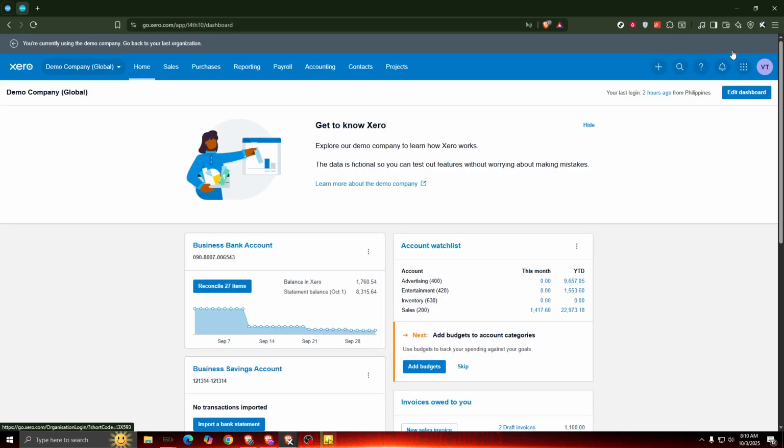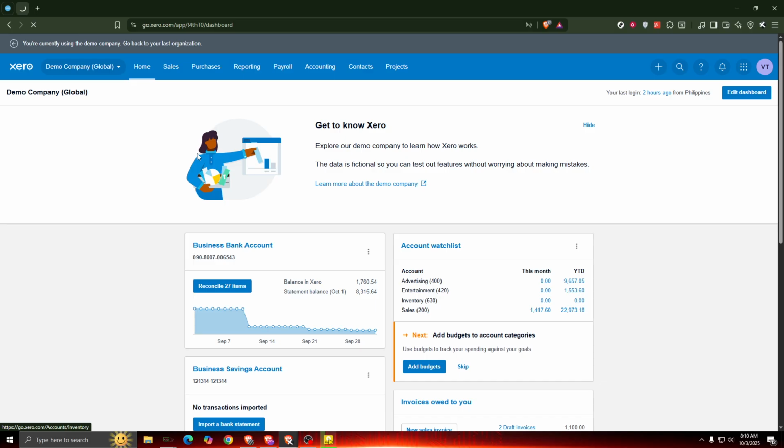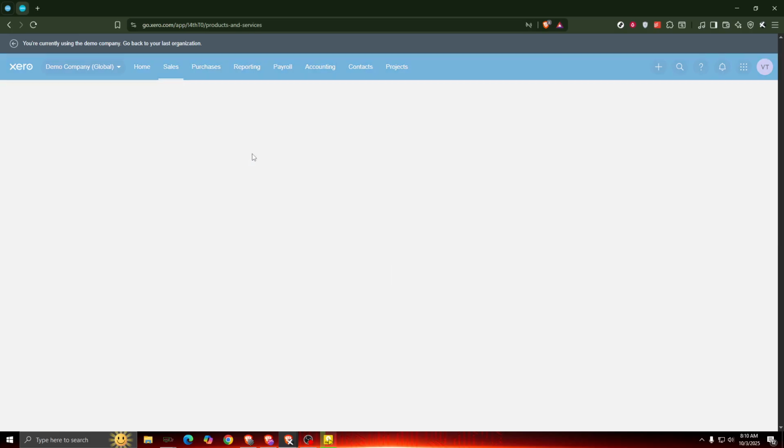Here, direct your attention to the taskbar menu towards the top of the page. You're looking for the Sales option. Click on this to access all the sales-related features that Xero offers. In the drop-down menu that appears, look for Products and Services and click on it. This section is where you can manage your inventory items, including adding new service items, which we'll do in just